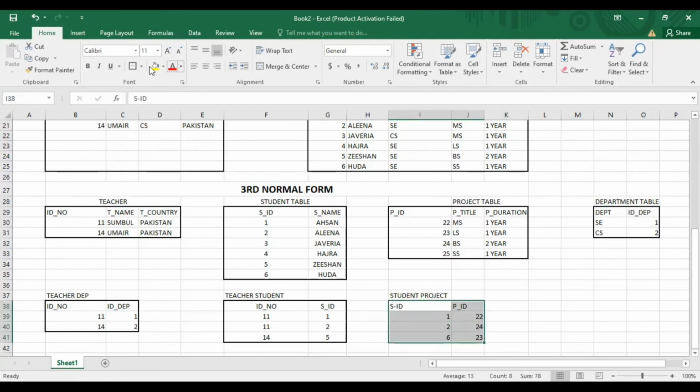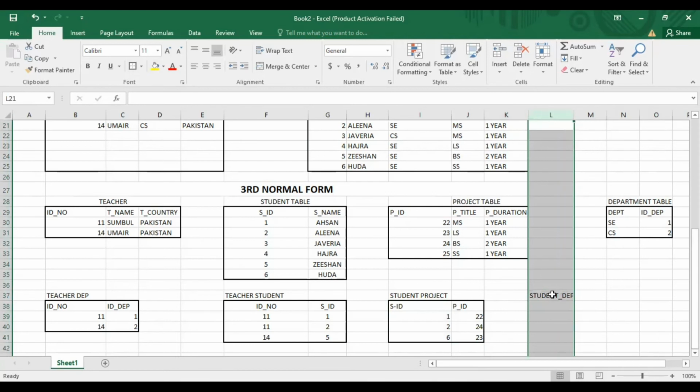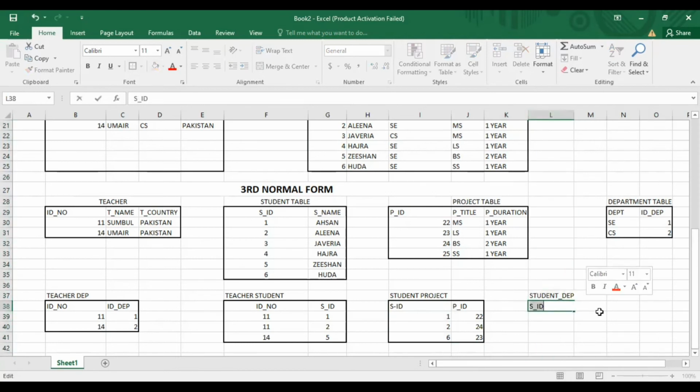So I have created another relation. Now create a table of student and department. So this is another relation. Write the student ID and department ID. Student number 1 is in which department? Software engineering, so write 1 here.